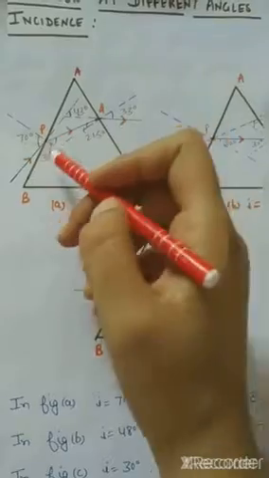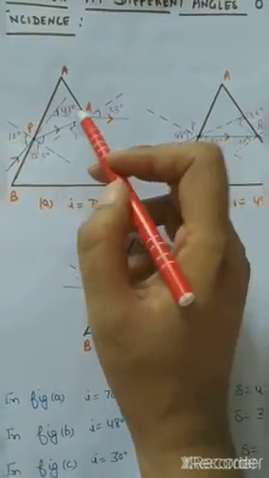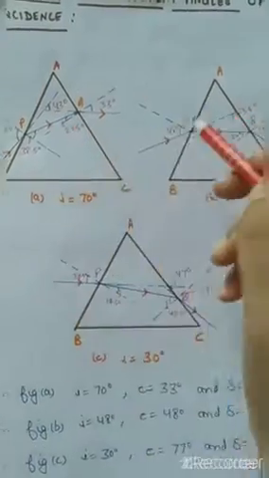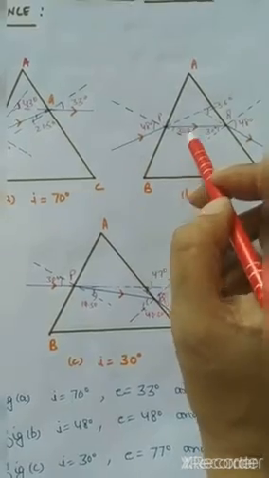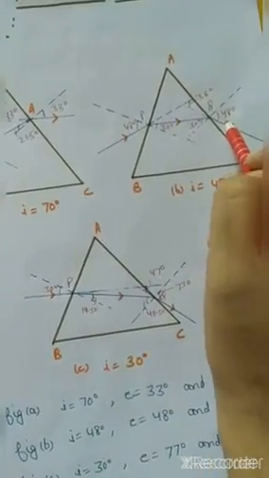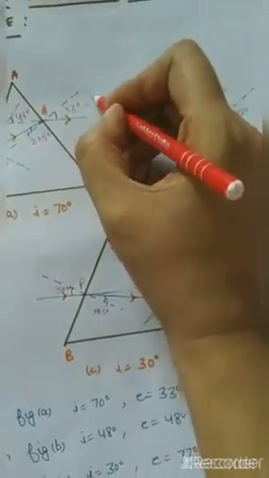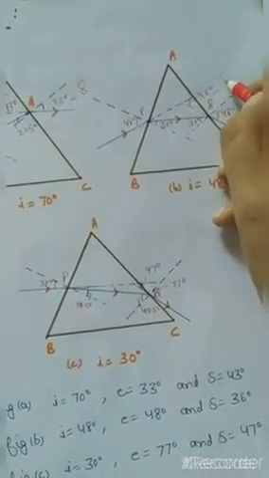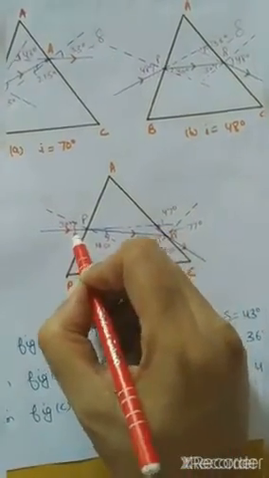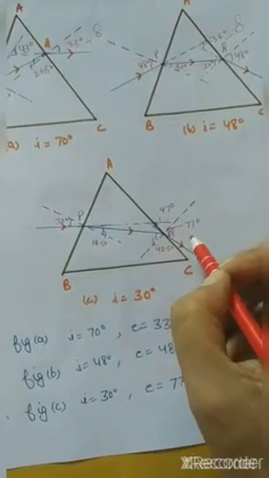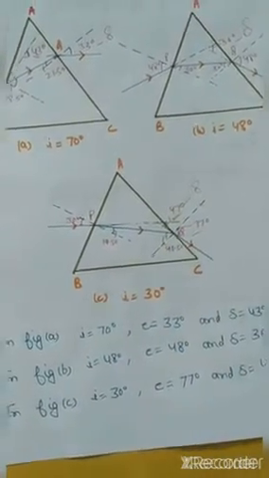So in this case we are getting 70 degree for angle of incidence, angle of emergence 33 degree and deviation 43 degree. Next, for angle of incidence 48 degree we are getting angle of emergence 48 degree and the deviation as 36 degree. Clear? This is your deviation delta. Here also this is your deviation delta. Now in this case angle of incidence is 30 degree, angle of emergence is 77 degree and the deviation delta you are getting as 47 degree.